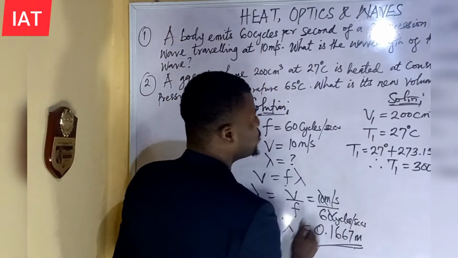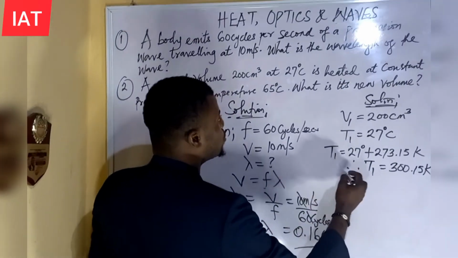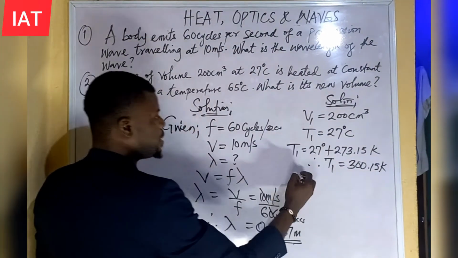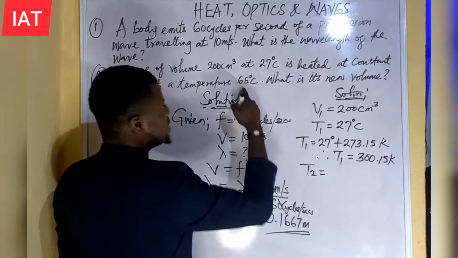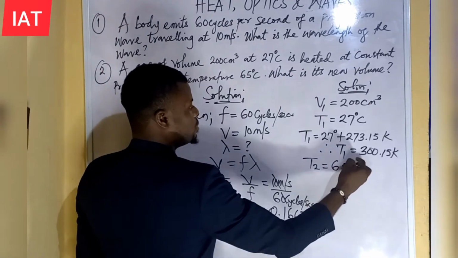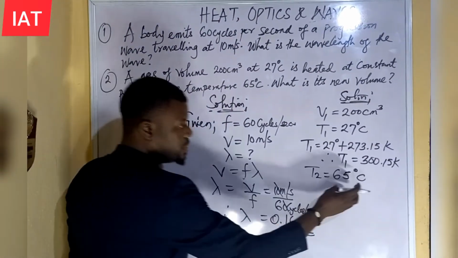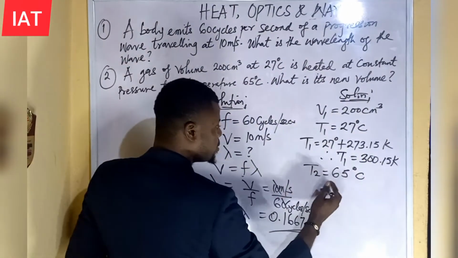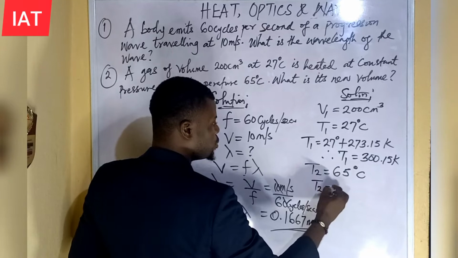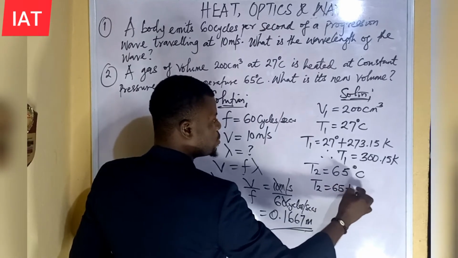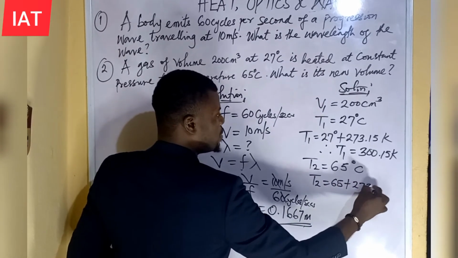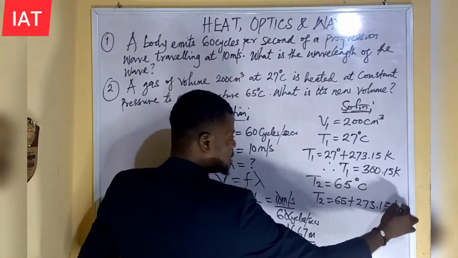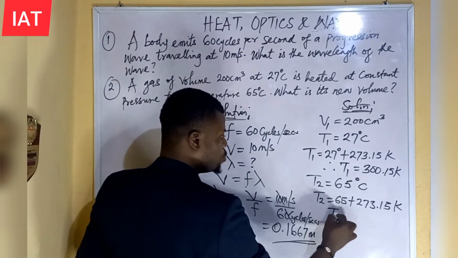The next thing we're going to do here is to continue with the equation. It's heated at a constant pressure to a temperature. We have another temperature, which is T2, and that is 65 degrees Celsius. And you can see this is also not up to the standard atmosphere. And because it is not up to that, we have to convert it to Kelvin temperature, which is 65 plus 273.15. And this is in Kelvin. So T2 will be equal to,